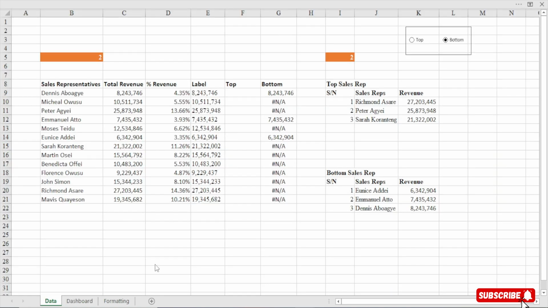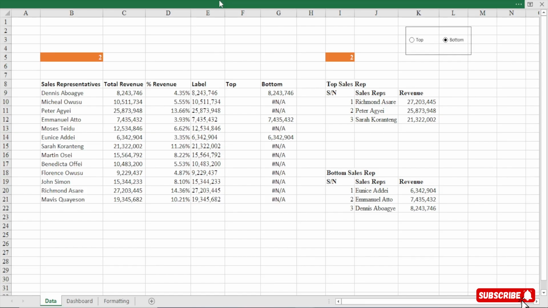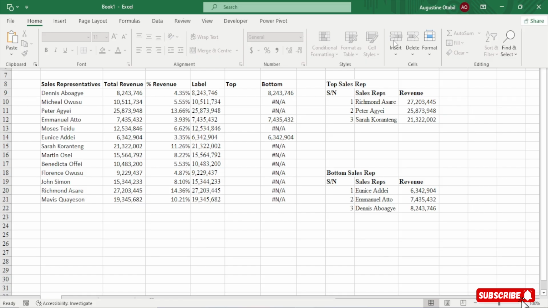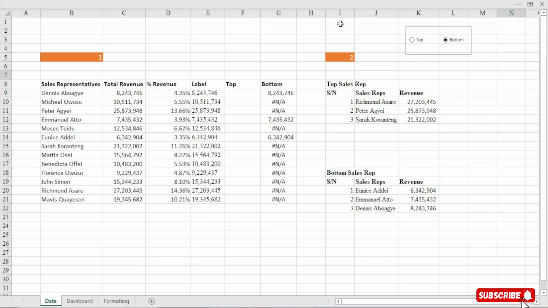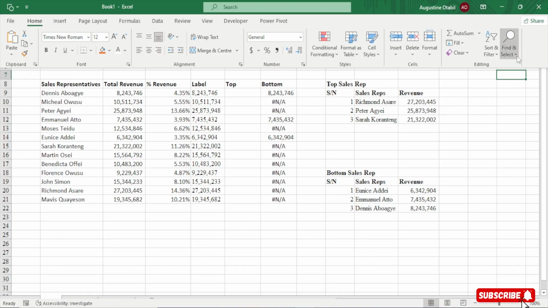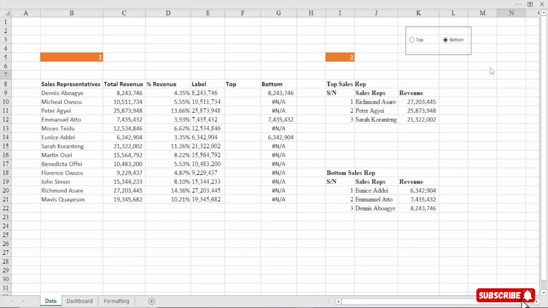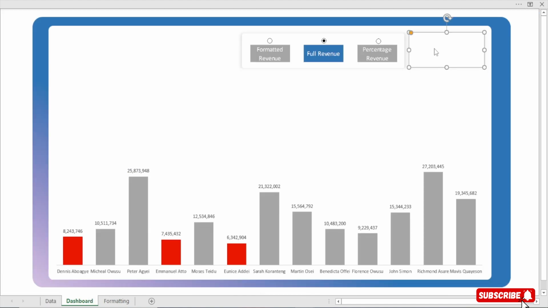Perfect. Now when I come to Data, watch here. You see this has been grouped, so we have to make sure we don't change the group. So I'm going to do the same thing. I'll go to Home, Find and Select Objects, and then select this. I will just cut it, then come here, select the shape, and paste it in like this.